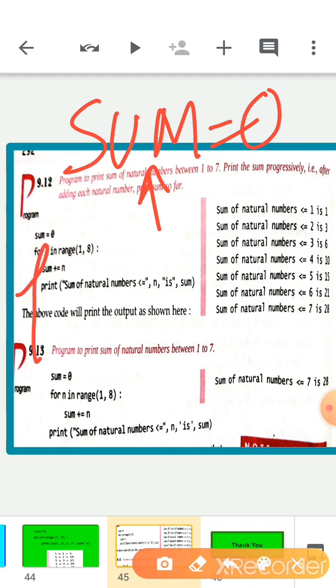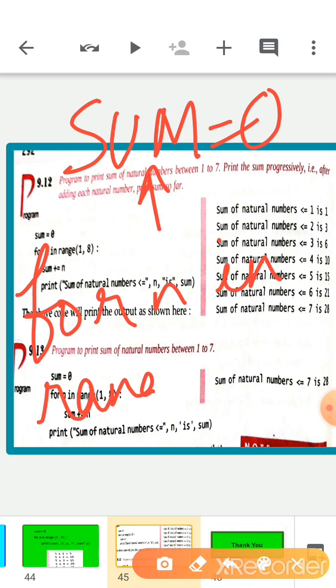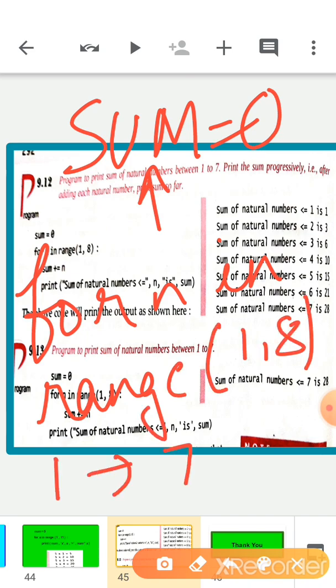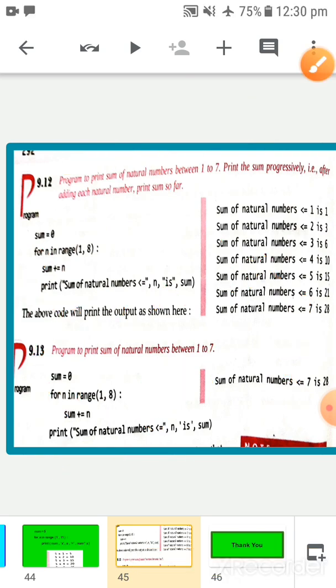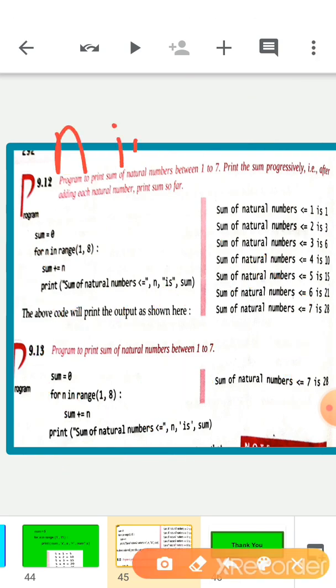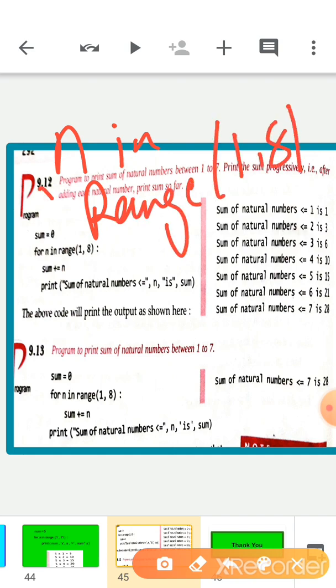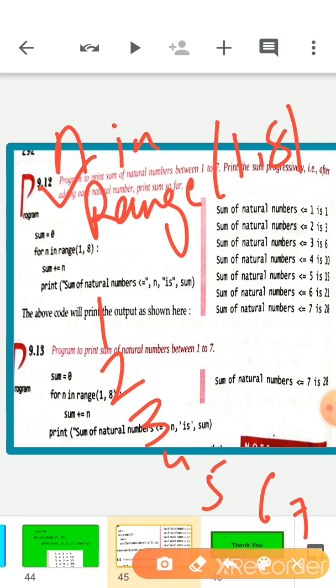So for n in range(1, 8), we need the numbers 1 to 7, so that is why we have taken 8, because the upper limit is already subtracted by 1. So when we are writing n in range 1 to 8, this n first takes 1, then 2, 3, 4, 5, 6, 7. In this way one by one each number is going to be taken.